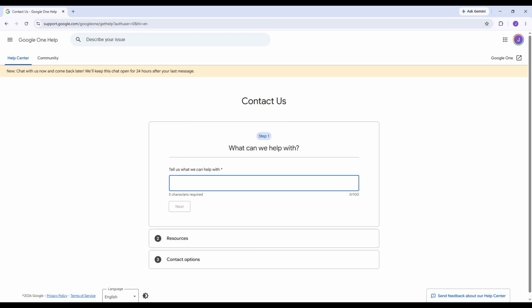Here, type a clear description of the problem you're having. For example, you could write something like, "Can't access Gmail, need help recovering my account," or "Need support with the Gmail issue." The more specific you are, the easier it is for the support system to guide you to the